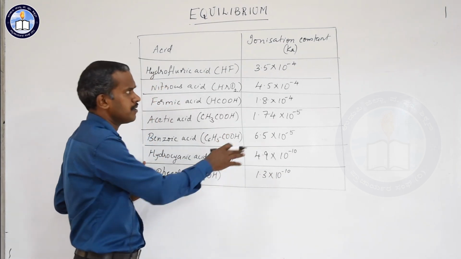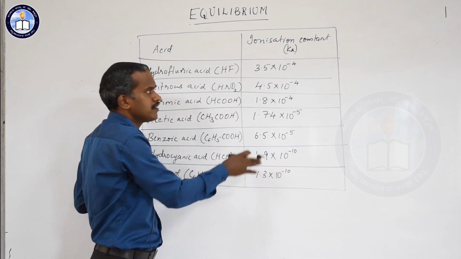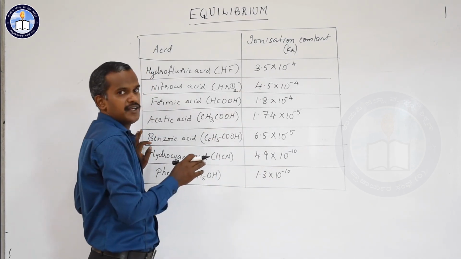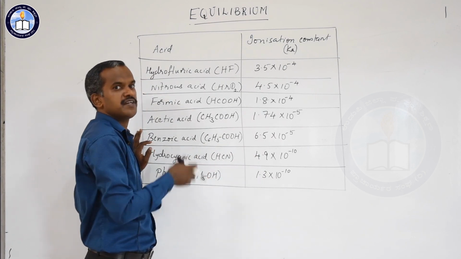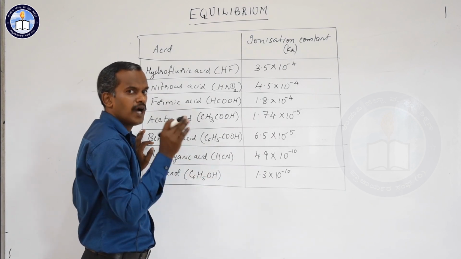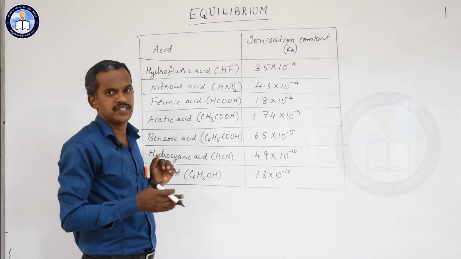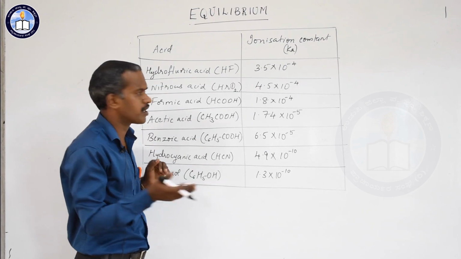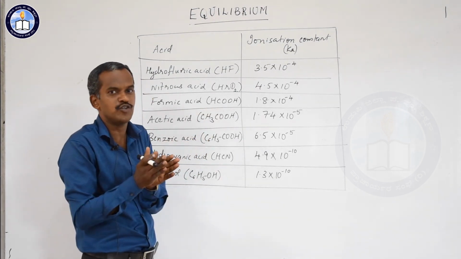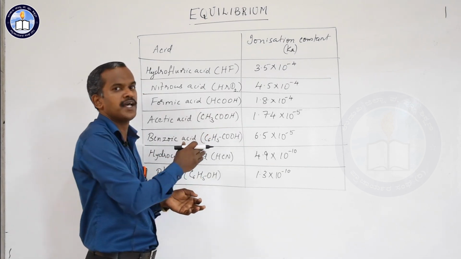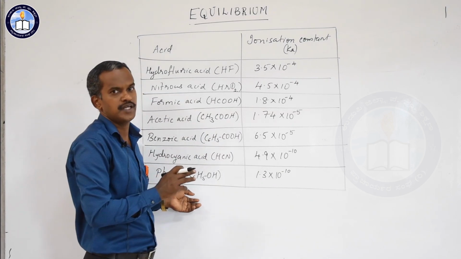You need not memorize these values, okay, but just for comparison, looking at the values of Ka, you can easily say among these acids which is the strongest acid or which is the weakest acid. Okay, so I told you already, the larger the value of Ka, the more will be the acidic strength. Acid will be stronger when the value of Ka is higher. So you can easily compare when the Ka values are given, whether it is a stronger acid or weaker acid. Among two acids you can easily compare based on the Ka values.